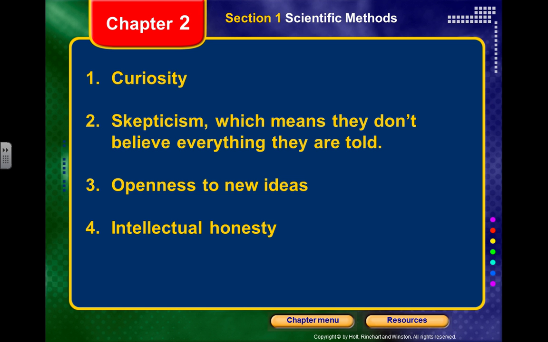Number four, intellectual honesty. Yes, everyone hopes that what they discover turns out to be something wonderful, and they may spend years and years working on it, but if they discover new information that proves that what they have discovered is incorrect, then being honest enough to share that with other people instead of ignoring the fact, that would be intellectual honesty. Number five, imagination and creativity. So all of these are things that you will see with someone who is a good